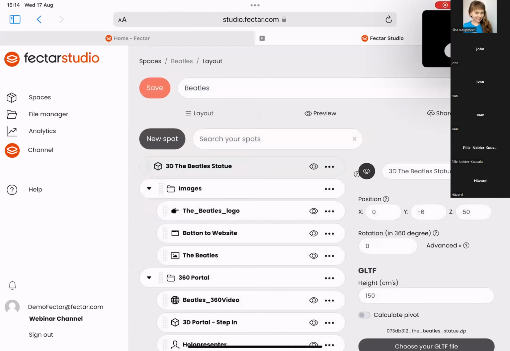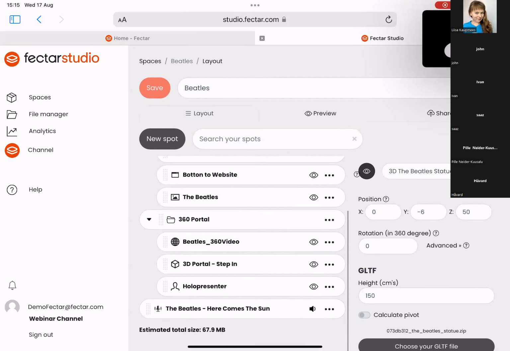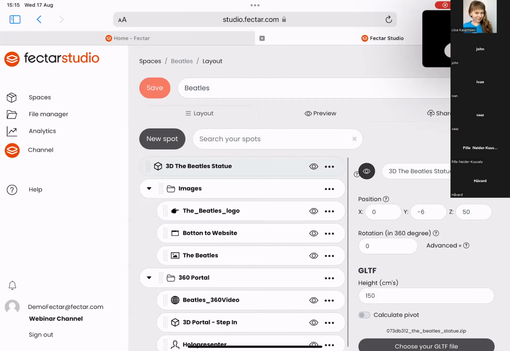So when I click on it, it opens the space, and the space is what we call your presentation. If you can think of it like PowerPoint, for example, this is your presentation, and then in 3D. You see here a little overview of the different types of content that I have in my scene. I can understand that maybe it's a little bit overwhelming, but